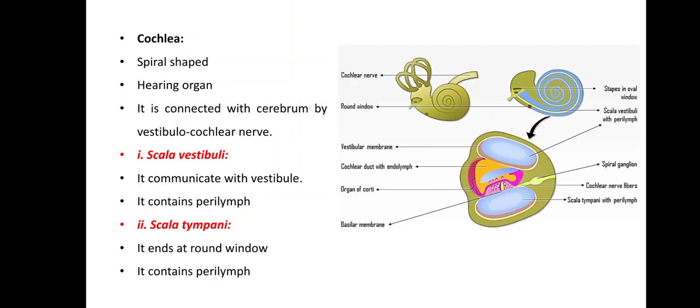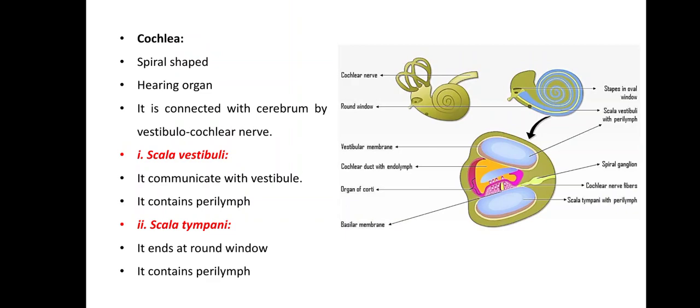Meaning the outer canal is known as the bony labyrinth, and the bony labyrinth is divided into three chambers by two membranes, and these membranes are known as the membranous labyrinth. Now look at the lowermost figure, which is actually the TS, transverse section, of this cochlear canal or bony labyrinth. So you can find here three compartments. The bony labyrinth is divided into three main compartments by two membranes.